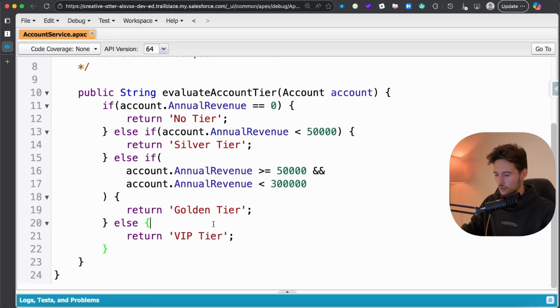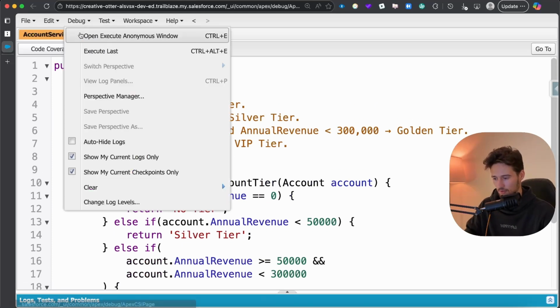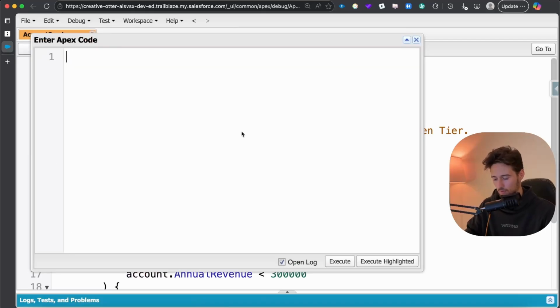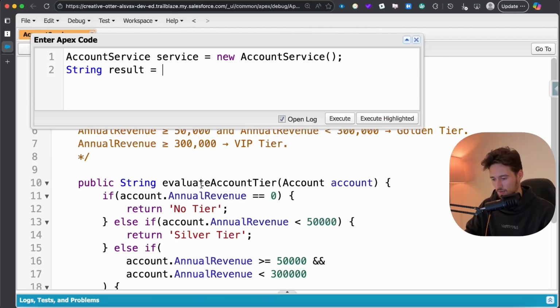Okay, so let me show you how to actually test if it works or not. So to call an Apex method, what do we need? You always need first to instantiate a class where this method is. Now we need to get the result, I usually call it result, doesn't really matter what you call the variable. We need to actually call this one. And the way we call it is like service.evaluateTier, and now we need to pass an account there, and then we're gonna